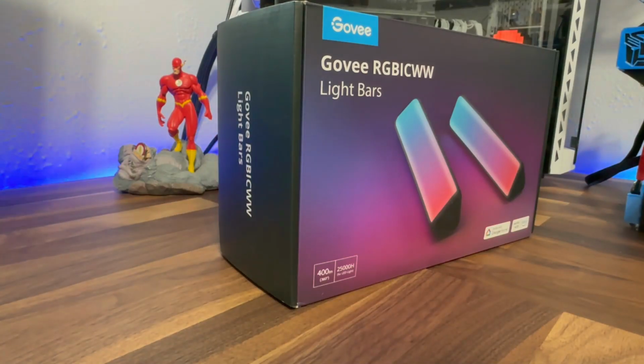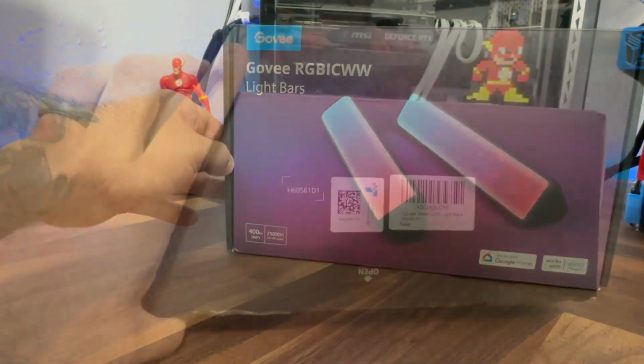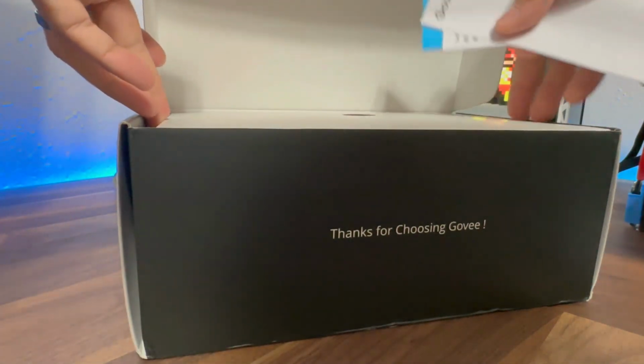But today we have the Govee RGBICWW light bars. Purchased these on Amazon for $59.99. These should be a great addition to any gamer setup, but we'll see how bright they are and how intuitive